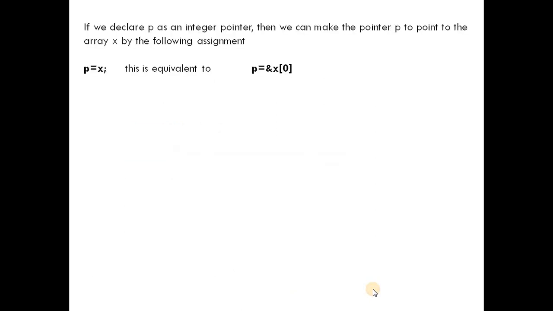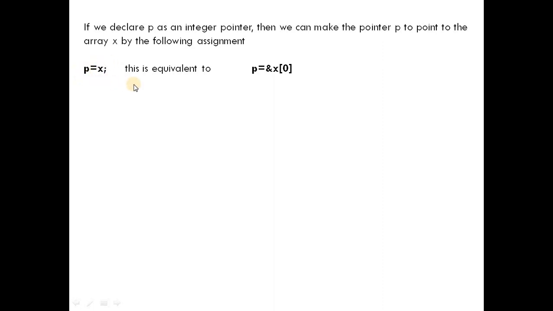If we declare p as an integer pointer, then we can make the pointer p point to the array x by the following assignment statement. p is a pointer variable, and the name of the array is also a pointer variable which stores the base address. So in this case, if we say p is equal to x, p will also store the address 1000.